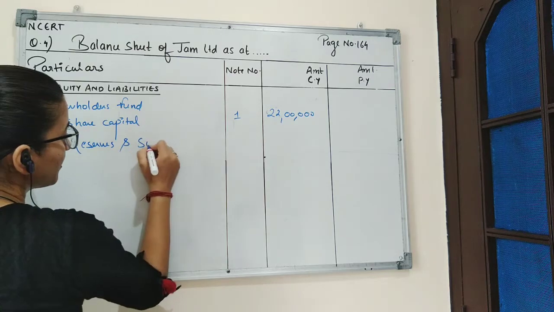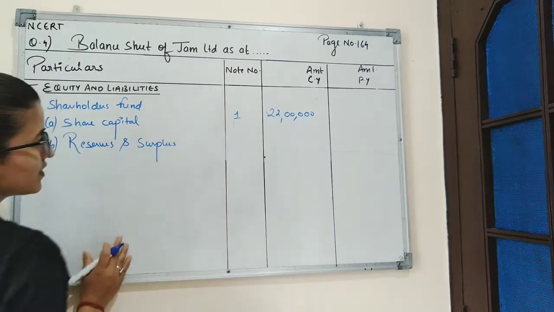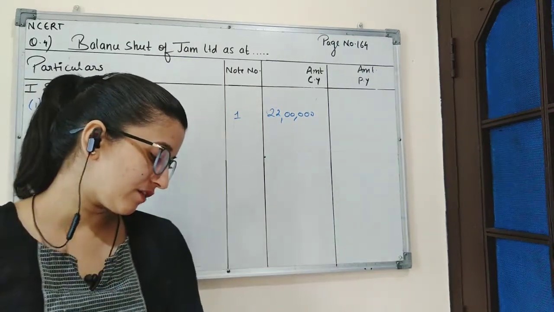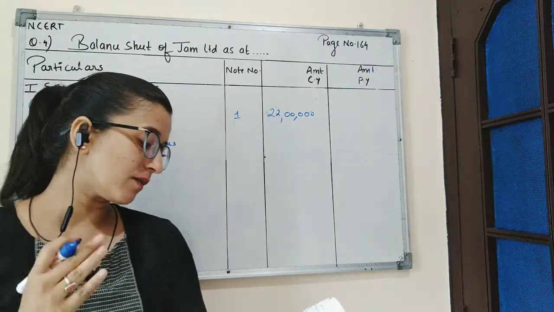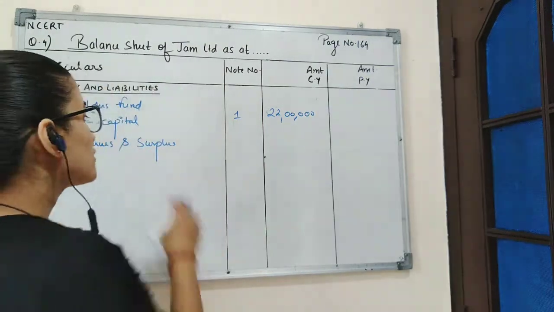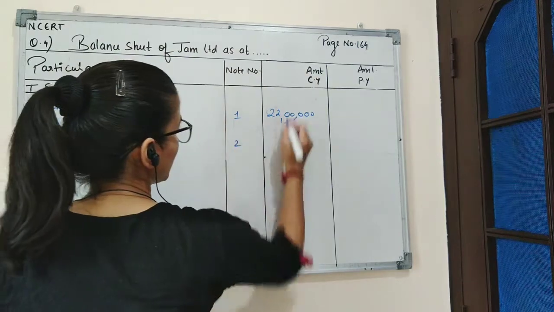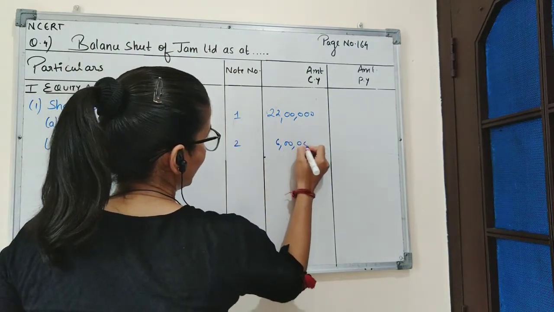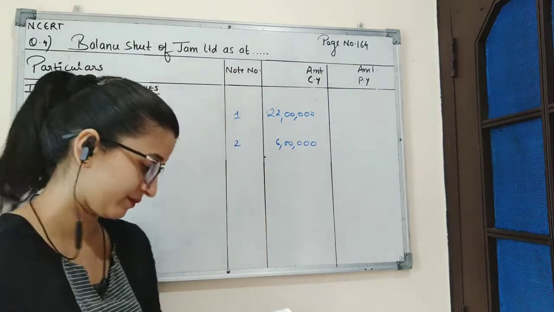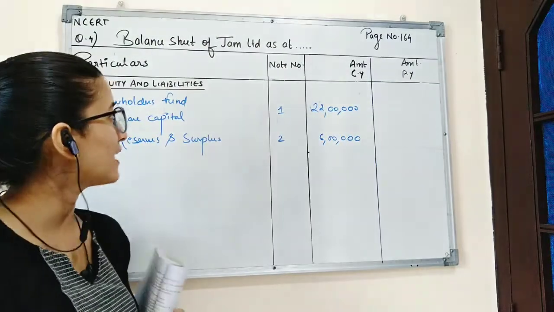Okay. Now, second subheading is reserves and surplus. So, as it is given in the question, general reserves amounting to rupees 6 lakh. So, we'll record this amount of 6 lakh under reserves and surplus. Now, the second part of equity and liabilities is